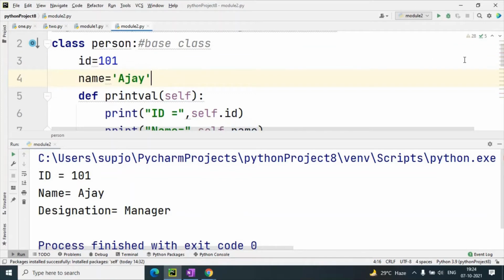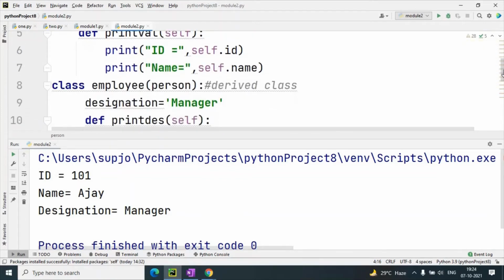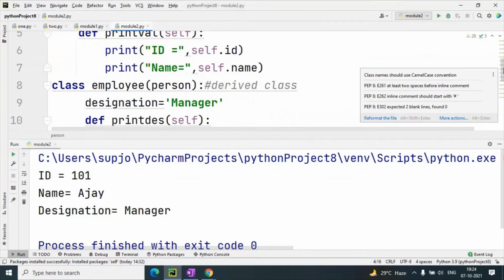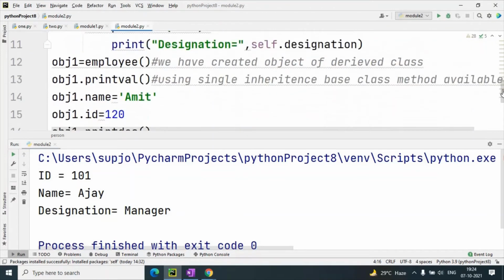If we define other functions in the derived class, we can also change these values.